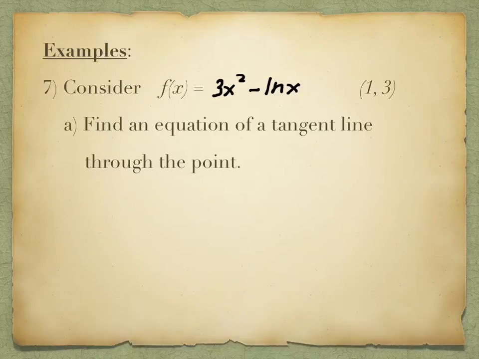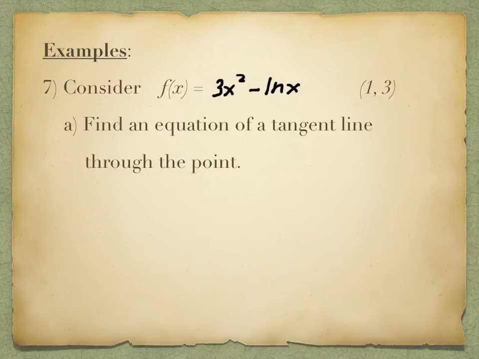Okay, we're going to take a look then at a function that has a portion of it that's a polynomial, 3x squared. We've also got a log inside of here. The directions here are a little bit different. They don't simply just say find the derivative, although we're going to do that. They actually ask us to find an equation of a tangent line through a point, which starts to sound a